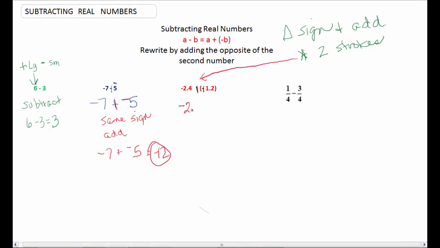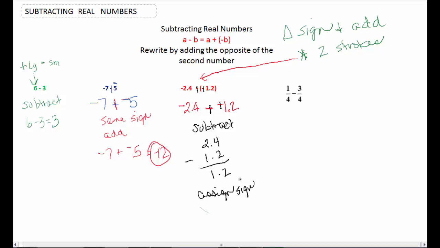So we start out with negative 2.4, and it was a minus, but our first stroke will be to make it a plus, and then it was a negative 1.2, but our second stroke will be to make that a positive 1.2, and now we can just subtract and say that's 2.4 minus 1.2 is 1.2, and then assign the sign of the larger, which is a negative. So we have a negative